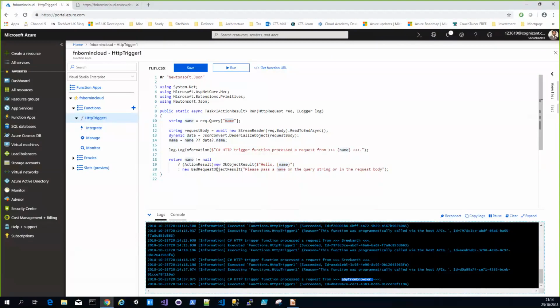But the point is, you have now hit my function endpoint, which is not good. If I was a customer, I don't want to show this to the client. And this is what I was telling you earlier in the day, Rajesh, that we would want to hide this behind an API gateway, whether it's a Lambda function or a Google Cloud function or an Azure function. This is not the URL that you want your end user to see. You have no control over this. This is what Azure gives you out of the box. But what you do have control over is an API gateway which you put in front.